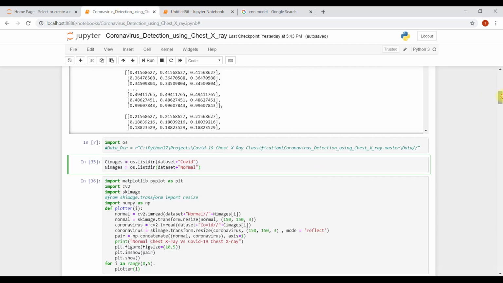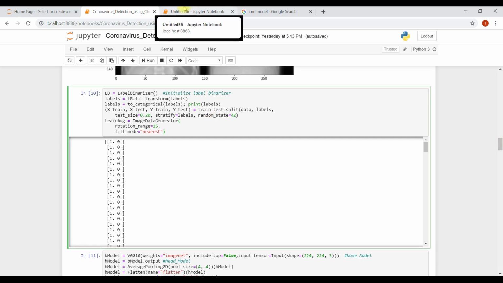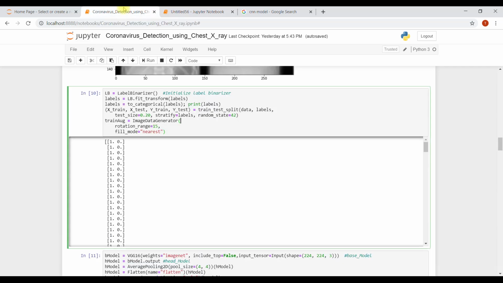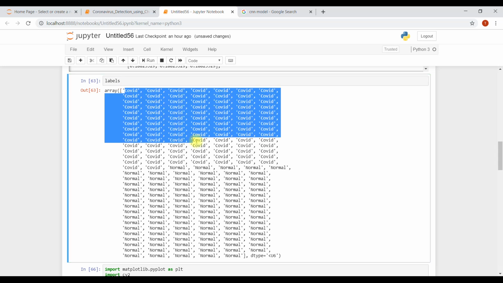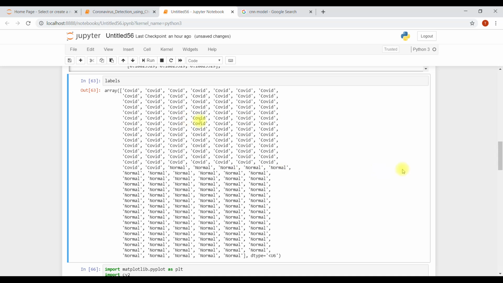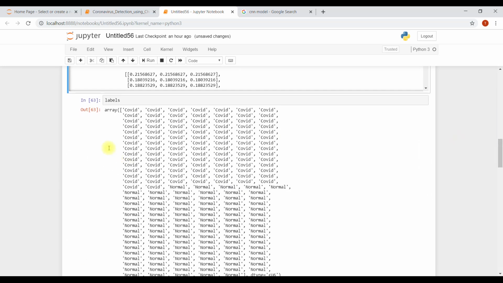Let's move forward. Now the main thing is the labels. What I told you some minutes before: the model can't take anything in text form or in image form. It needs numbers. For images we have those numbers, for labels we don't. So we need labels.